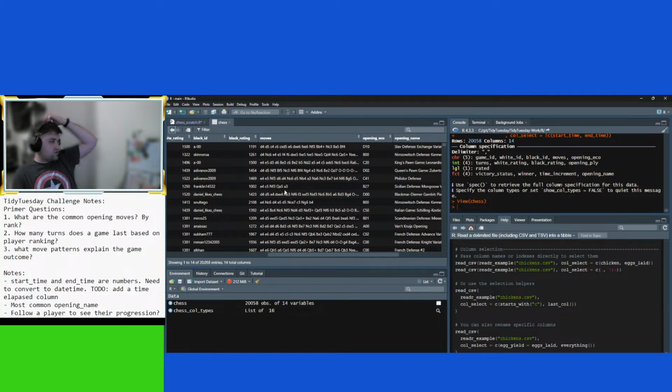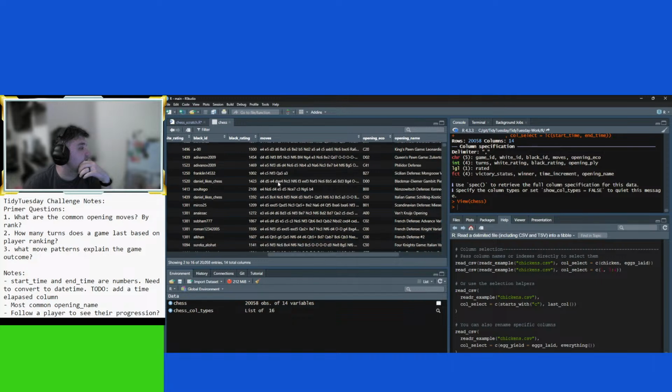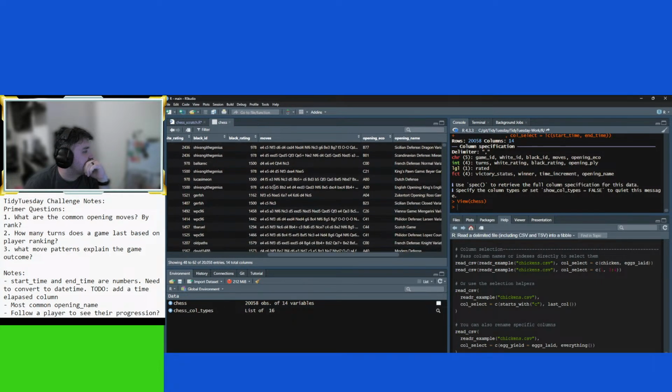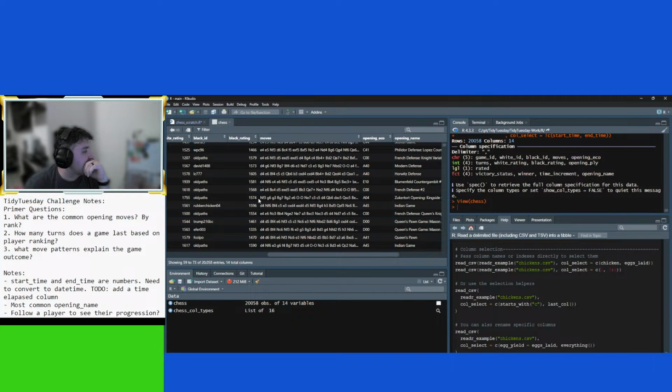Okay, so let's talk this out. So moves, I only want everything before the first space, because the first one looks like it's usually a pawn. Aha, here's one with a knight.